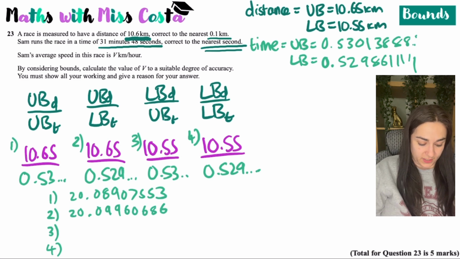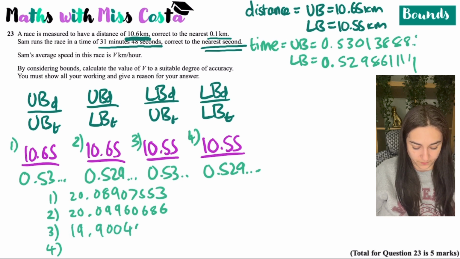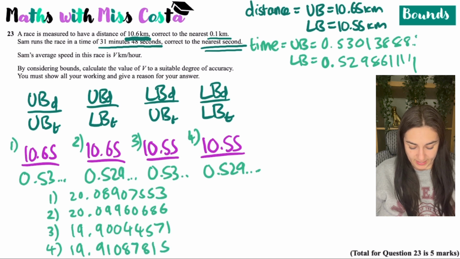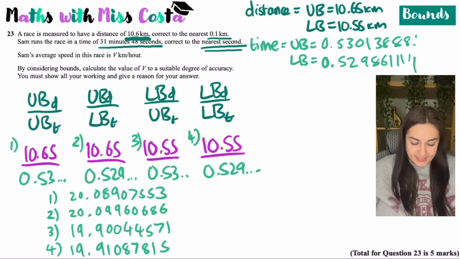Then I do 10.55 divided by 0.530138, which gives me 19.9004, and then 10.55 divided by 0.5298611 gives me 19.91087. So now you've got all four possibilities, and you need to calculate the value of V to a suitable